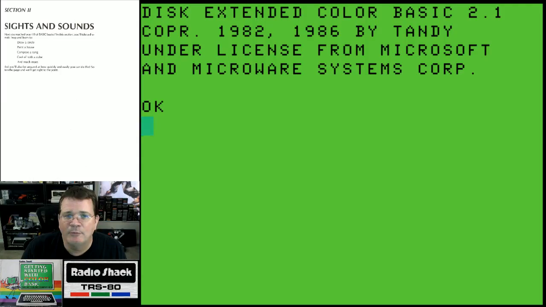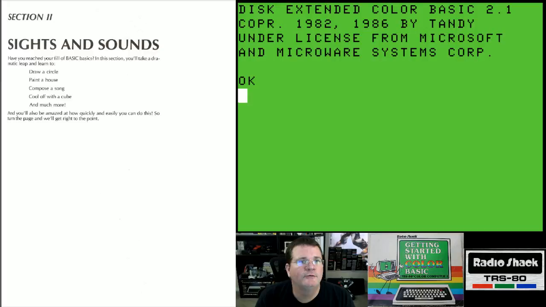But I've also set up one here, where I'm going to make the CoCo screen as big as I can make it when we get into graphics, where I want you to be able to see everything on the CoCo as clearly as possible. So we're going to mess around like that. So let's go ahead and jump in, and let's start off section 2, Sights and Sounds,